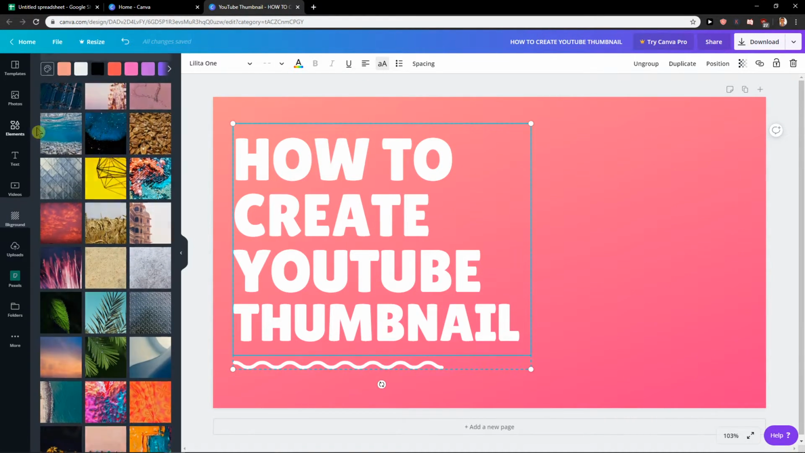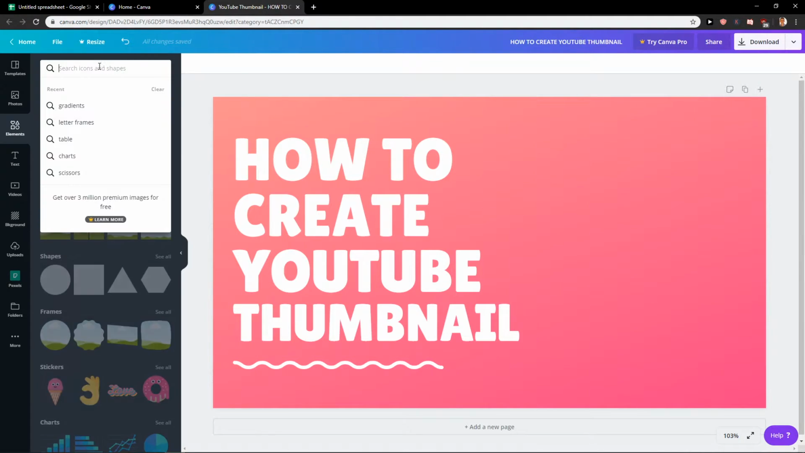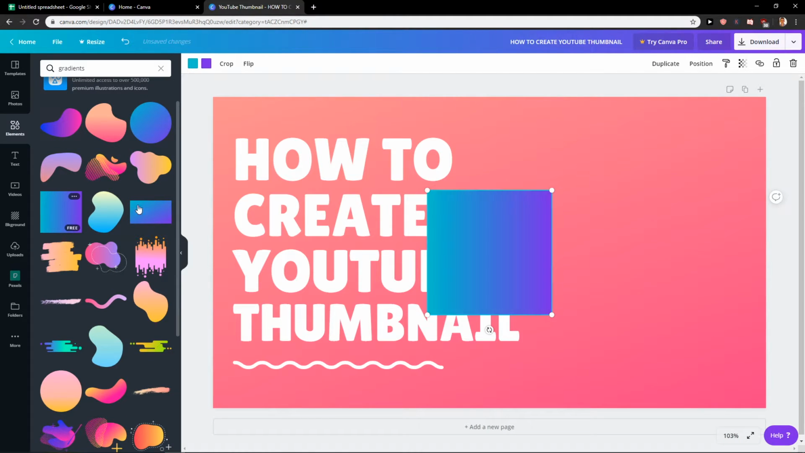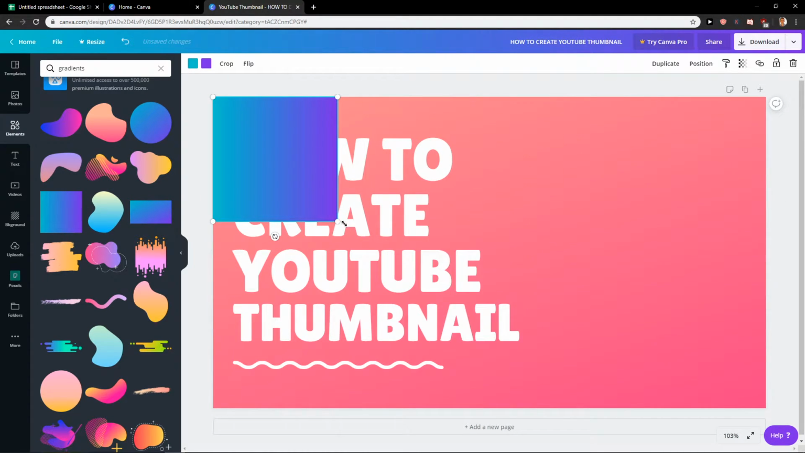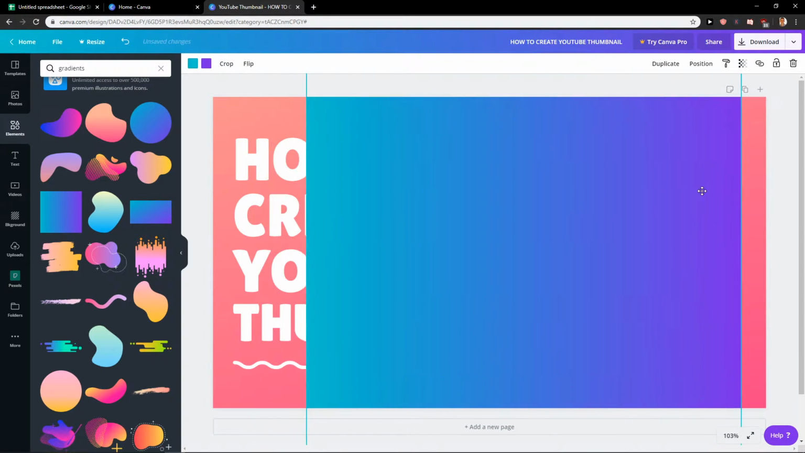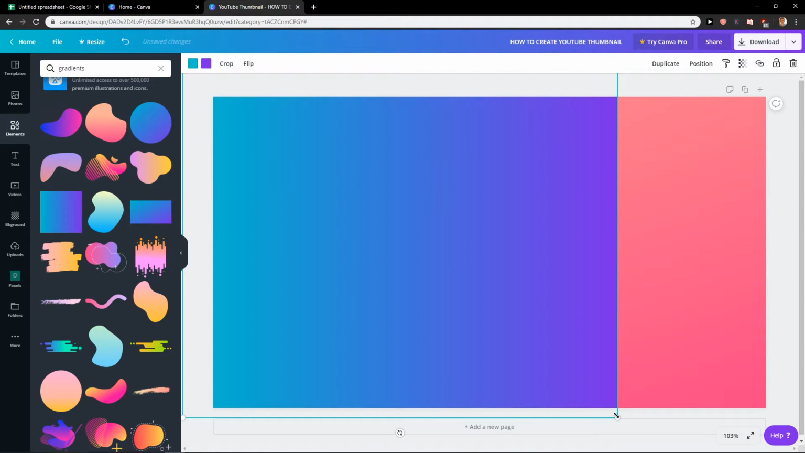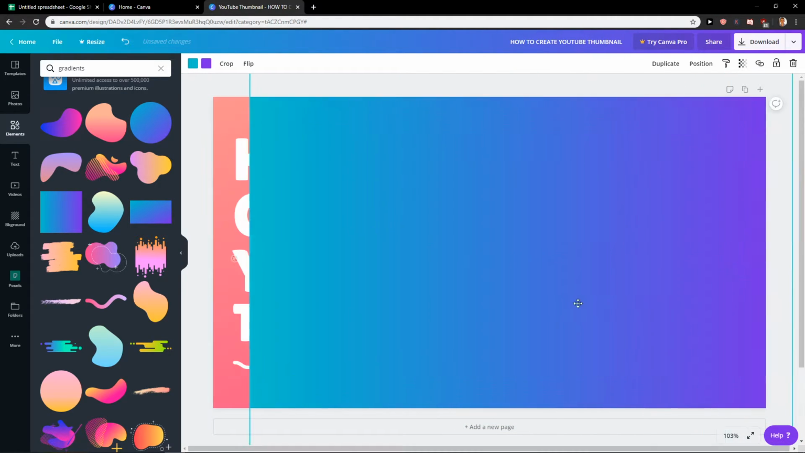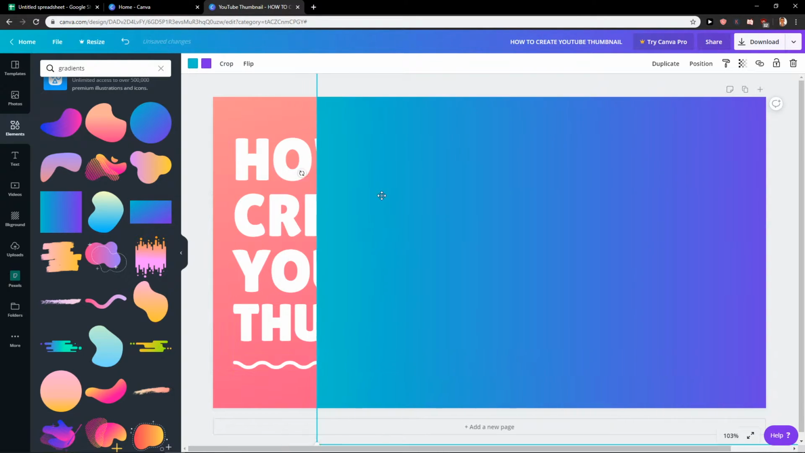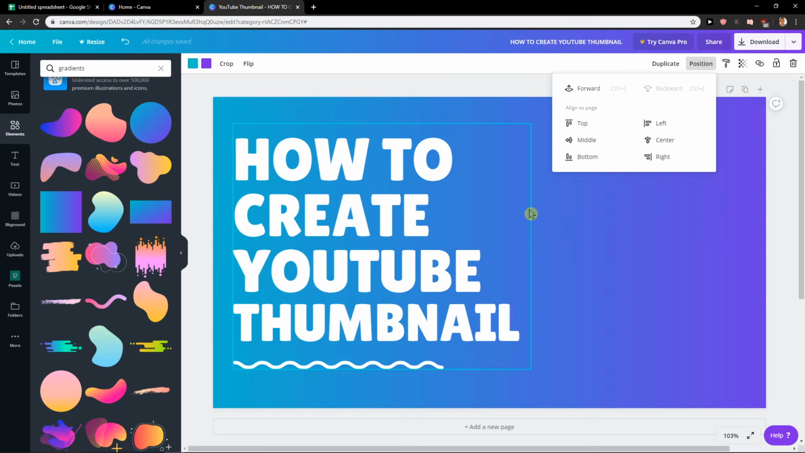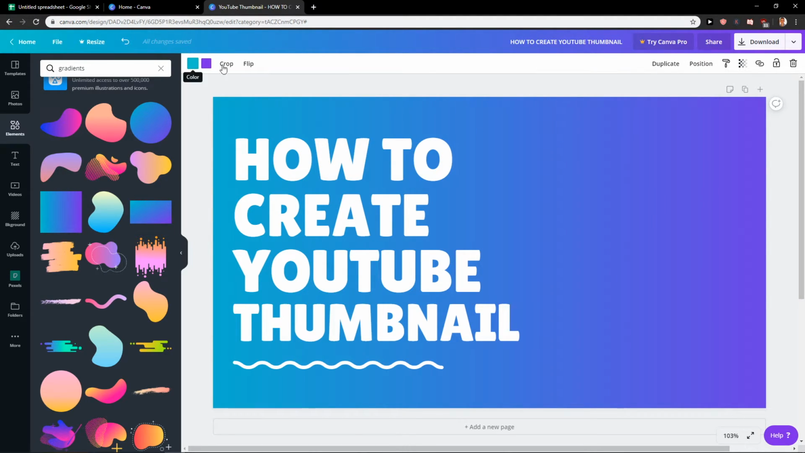And let's go to elements and let's go to gradients. And now let's choose this color here. Now I'm going to make it really big. Okay, I have it. Now I will change the position to backward. Now this is pretty cool, but let's say I could do it like this. And now I'm going to add